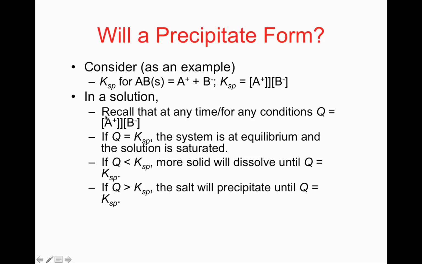And if we have a situation where Q is greater than KSP, then we're going to have a precipitate form. And this is the first time that we've seen this idea, is that because these two ions, when they react, form a solid, if I have a solution where this concentration and this concentration, according to this rule right here, when I multiply them together, are bigger than KSP, so now Q is greater than KSP, this reaction goes to the left, as we've seen before, and when it goes to the left, a precipitate forms. Okay,